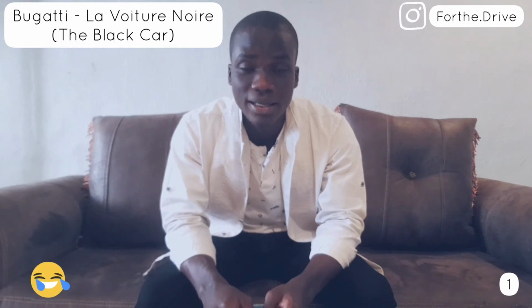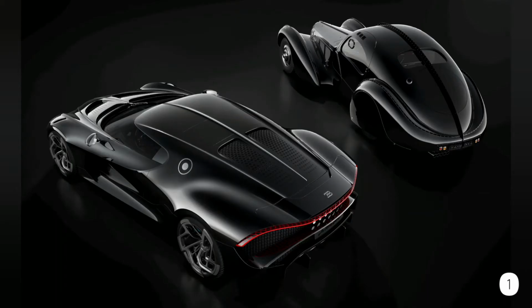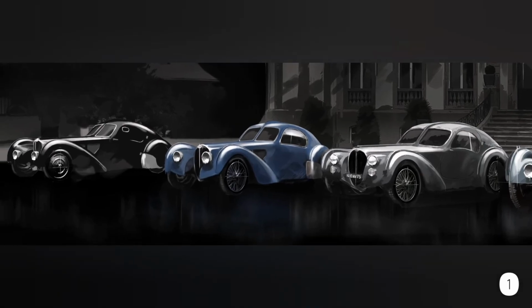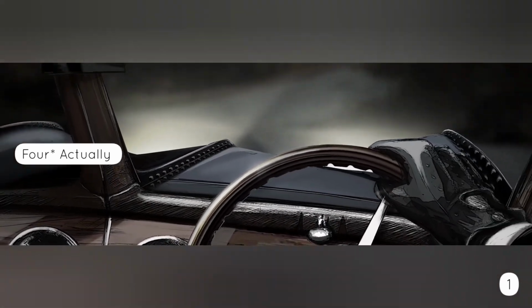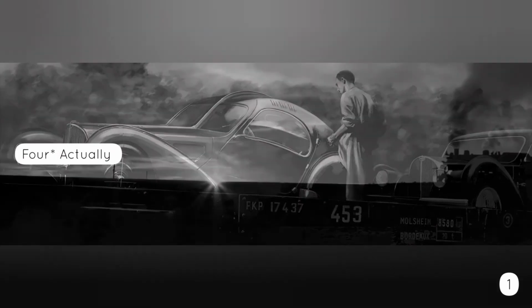I definitely pronounced that wrongly, but what that translates to in English is the black car. Now, this car is a special car, a one-off. What that means is that just one will ever be made, and it's Bugatti's way of celebrating their heritage. Apparently, they're using the car to celebrate a specific car that was lost in the 30s. So in those days, Bugatti made 3 special cars. 2 of them are still in existence, but one of them was lost. Now, Bugatti made this car to celebrate those 3 special cars made in the 30s,